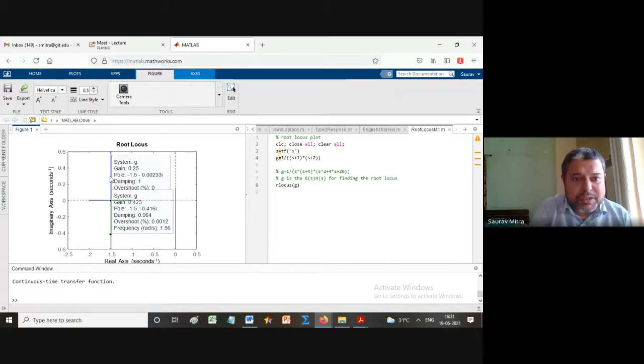But now your poles are here. Now your pole is imaginary. Whenever there is imaginary pole, if you are seeing the step response, it will be like this, oscillatory. And whenever it is oscillatory, पहले जो overshoot जाता है, that will be 0.0012%. Very small overshoot, but it's still there. And as you are increasing the pole position, you will be finding that this overshoot is increasing.